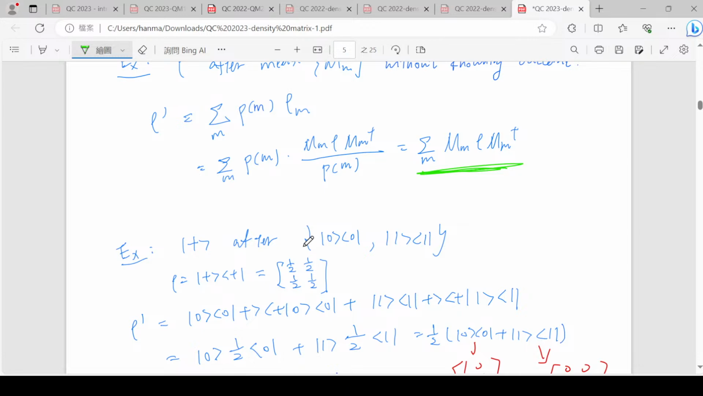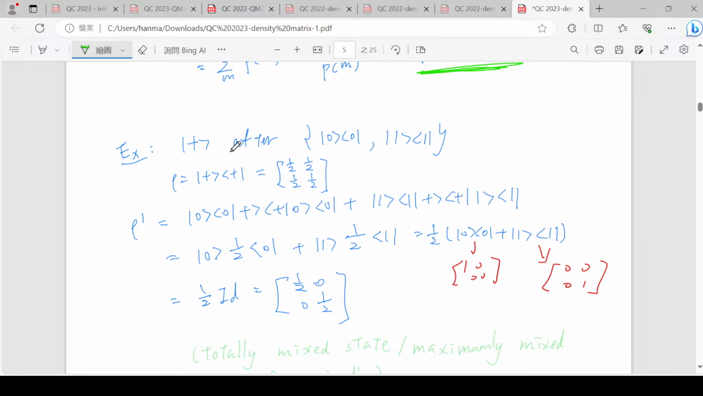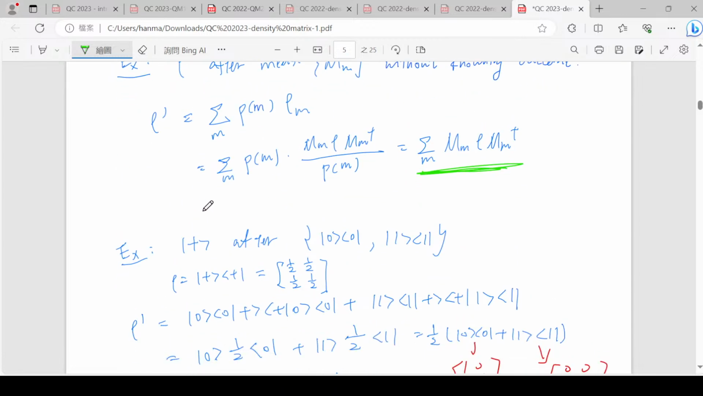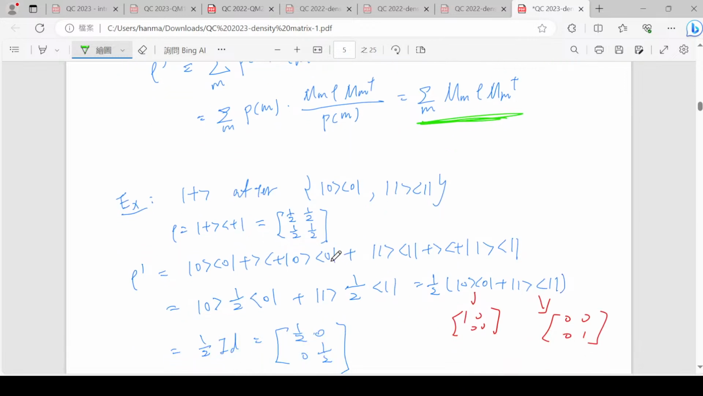Okay, so let's see an example. So finally, our example of plus state measured in computational basis 0 and 1. Okay, so the starting state is this plus ket and plus bra, and remember the plus state is 1 over square root 2 (1, 1). Okay. And so you do the outer product, you see it's a 1 1 column and a 1 1 row become 1 1 1 1, and the 1 over square root 2, there are 2 of them, so it gives you 1 over 2 everywhere. Okay, so starting state is this 1 over 2, 1 over 2, 1 over 2, 1 over 2, and